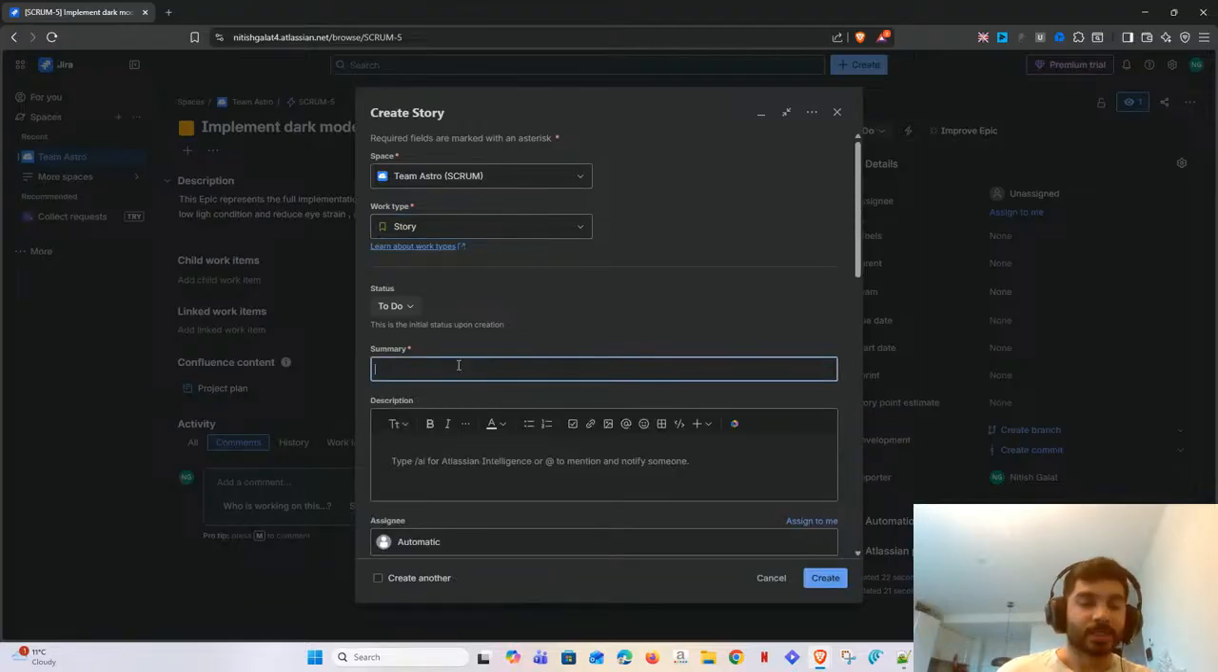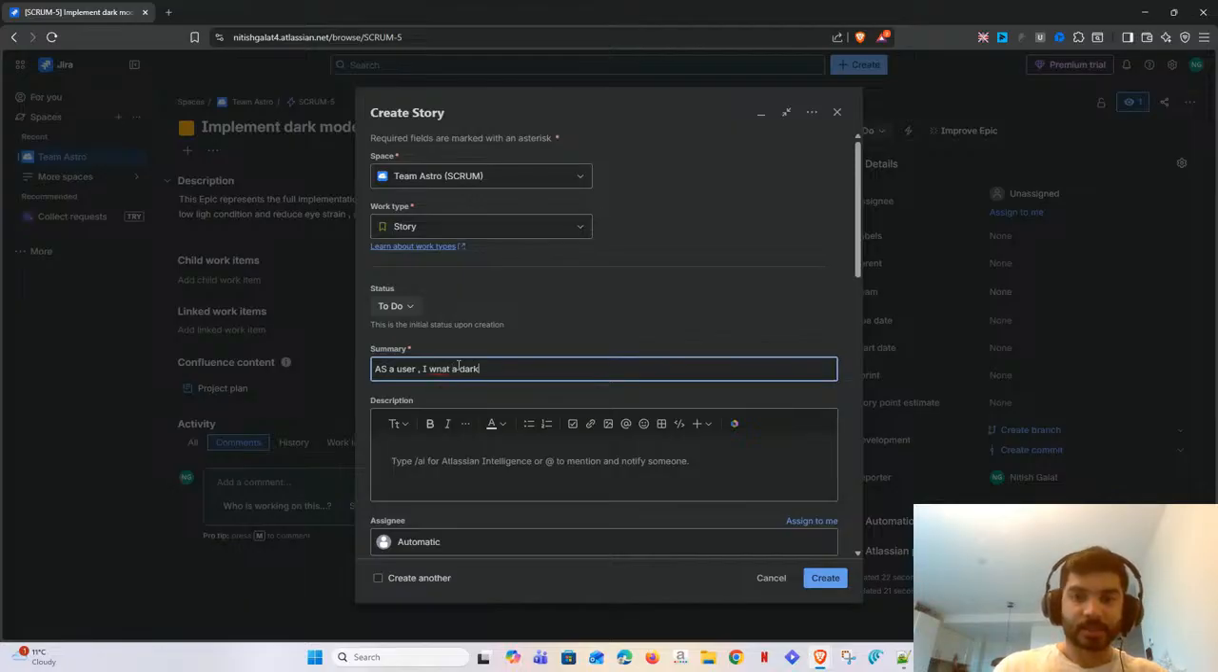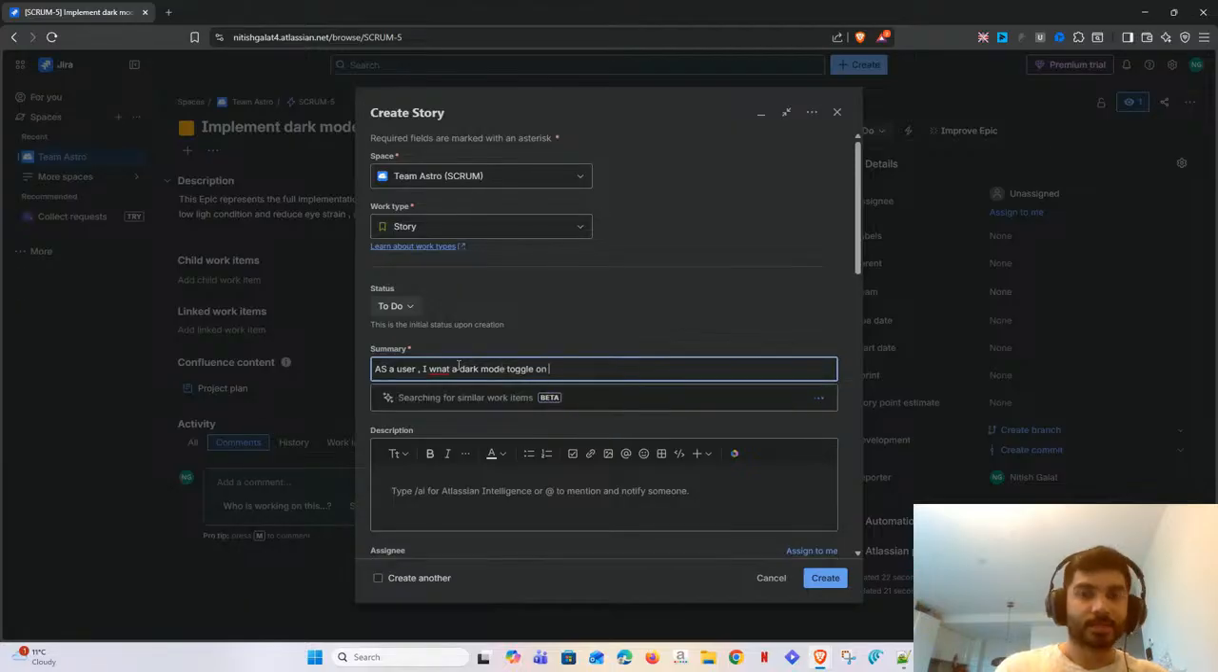Now in a story, how will you write a summary? You will write this from the perspective of a user. You will say, as a user, I want a dark mode toggle in the settings menu so that I can switch the theme. Sorry, the spelling is wrong. So now when you're writing a